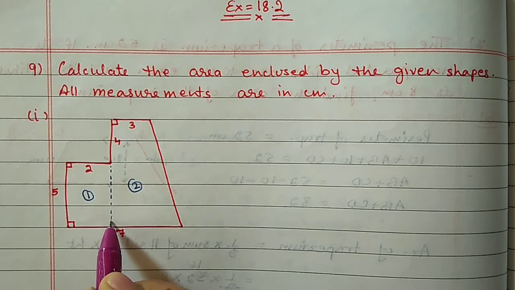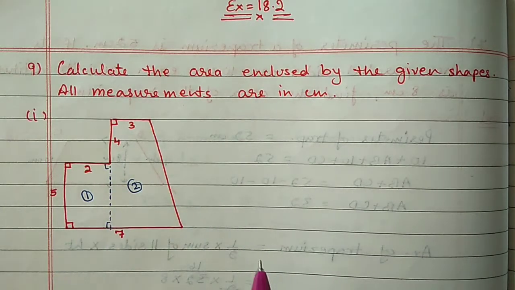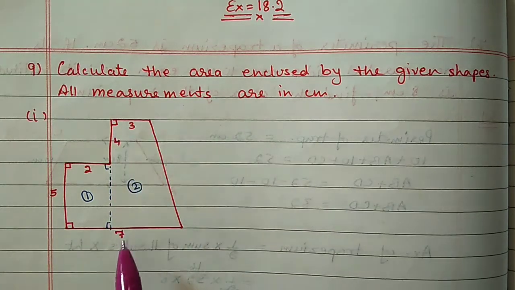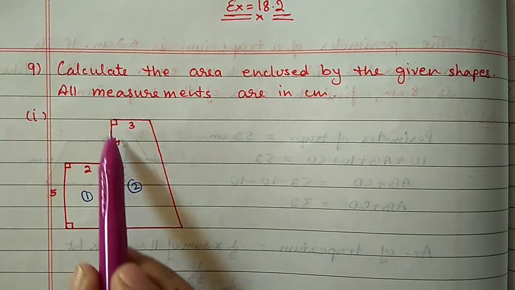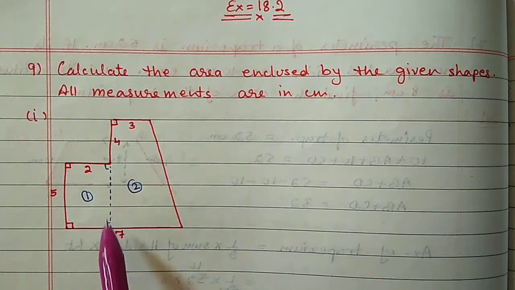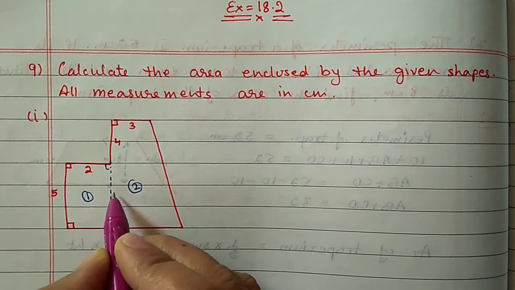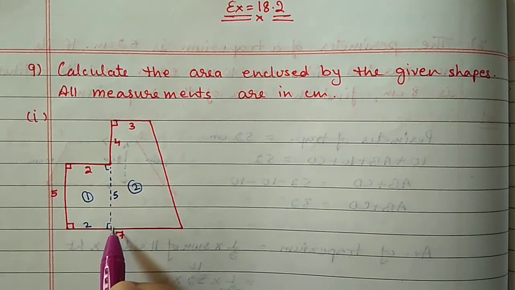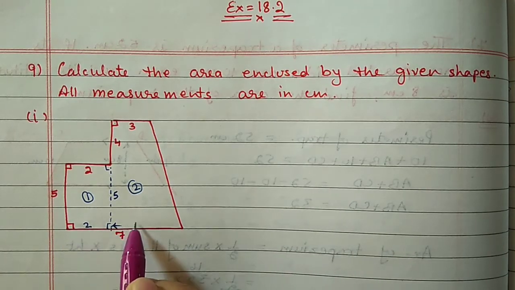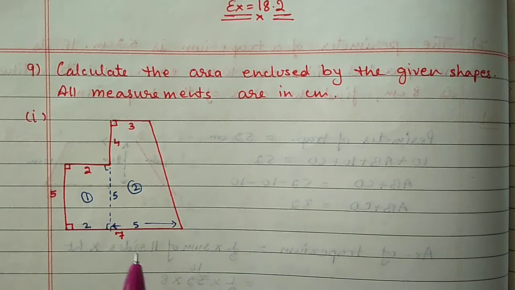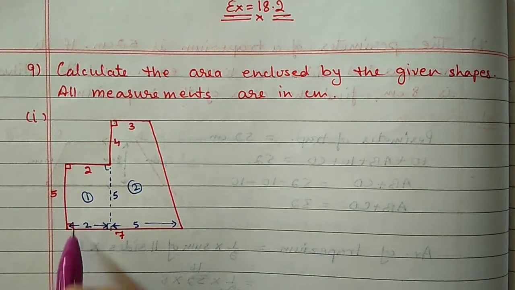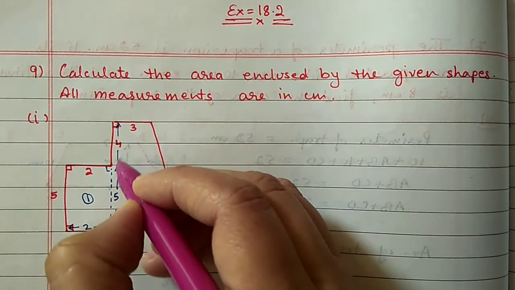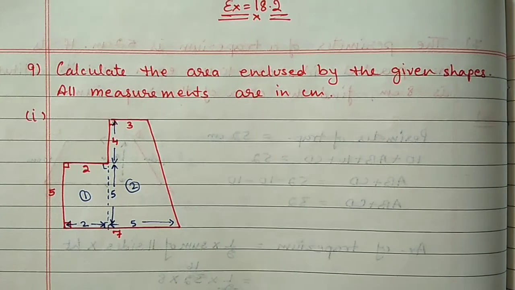straightly I am taking this line. This is also 90 and this one is also 90. This other shape is a trapezium because these two sides are parallel and this is the height of these parallel sides. So here to here it is 5, this one also will be 5. This is 2, so this one also will be 2. Now from 7 just remove 2, so we will get 5. Here to here it is 5, here to here it is 2, and this 5 is still here and 4 is here to here. Now we will start finding the area.